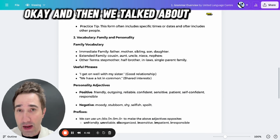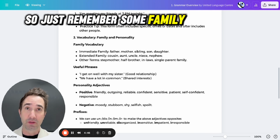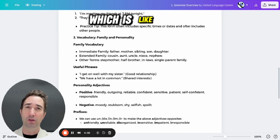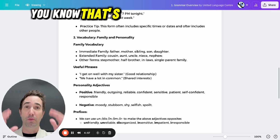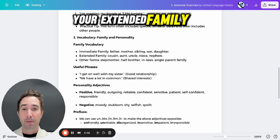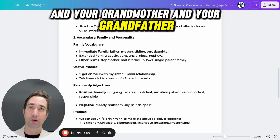Okay, and then we talked about family and personality. So just remember some family vocabulary like immediate family or nuclear family, which is either your husband and wife and your children, or if you're not married, your parents and your siblings. Your extended family is usually your cousins and your aunts and your grandmother and your grandfather and your nieces and